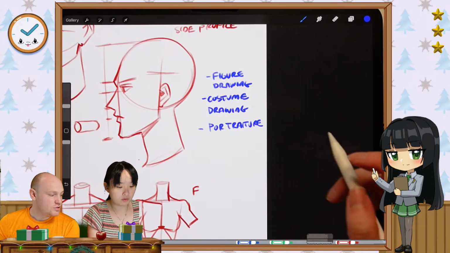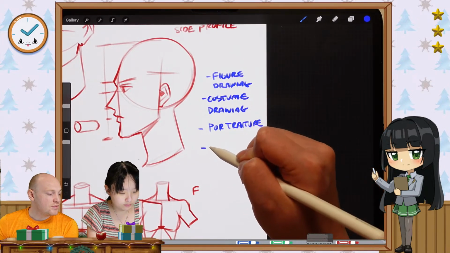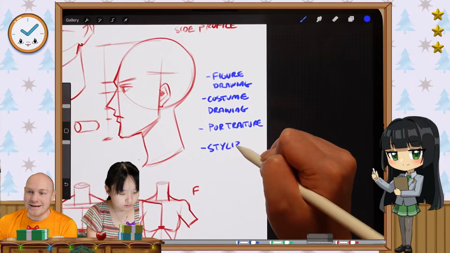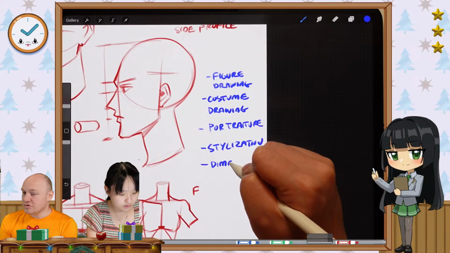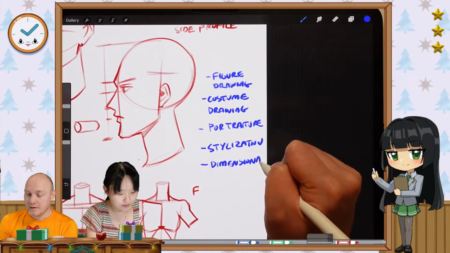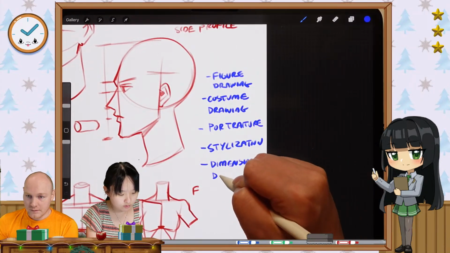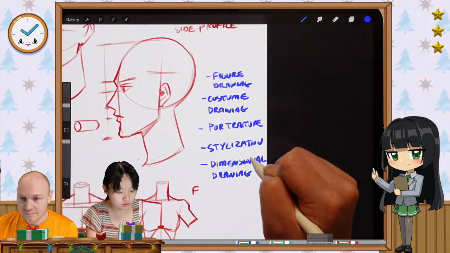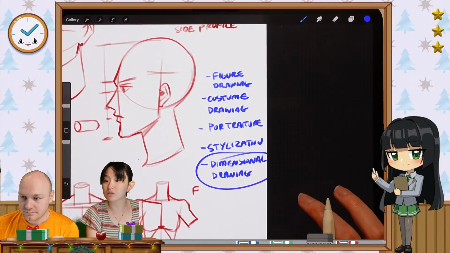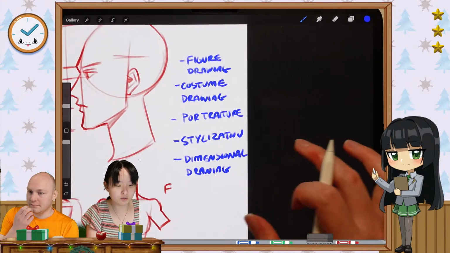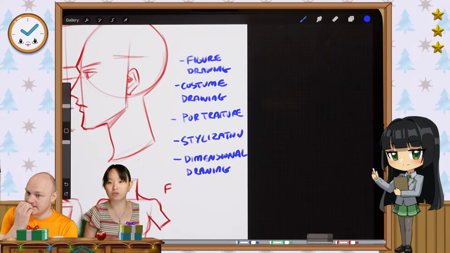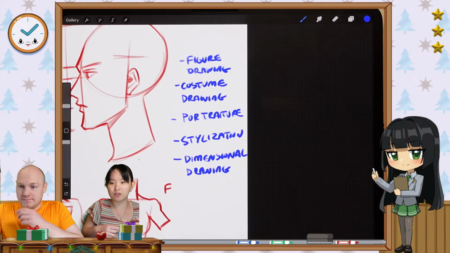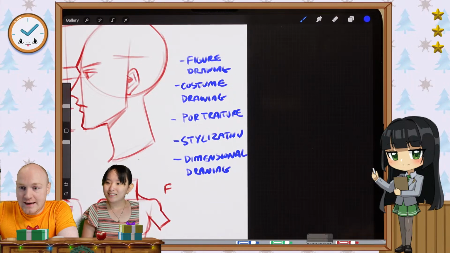There's going to be being able to draw in 3D included in these. Dimensional drawing is perfect for anything. If you want to draw environments, characters, props, do dimensional drawing. That's going to help you the most. That includes perspective and turning organic forms and shapes into something three-dimensional. So I hope that's a good answer, Shadow.